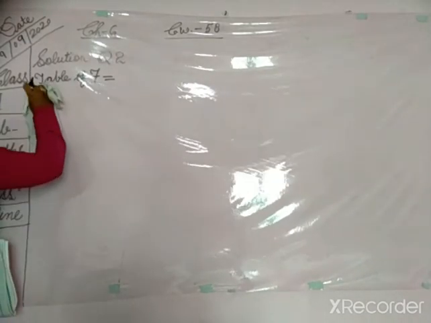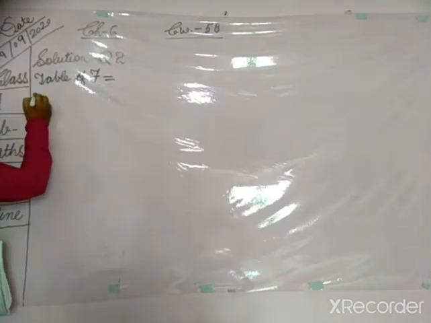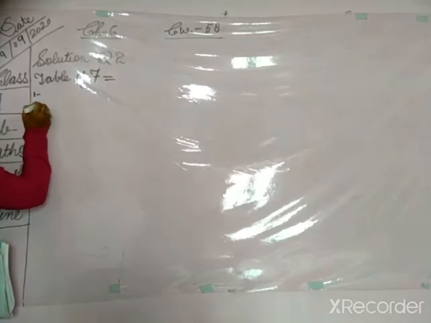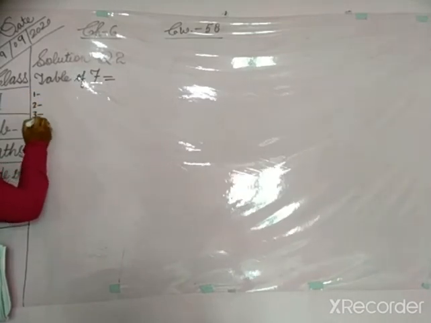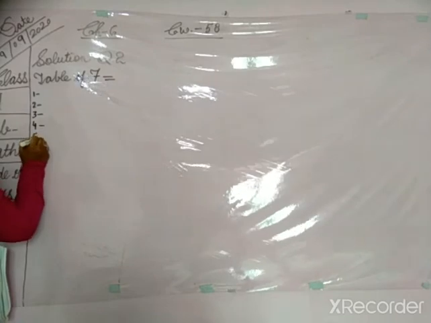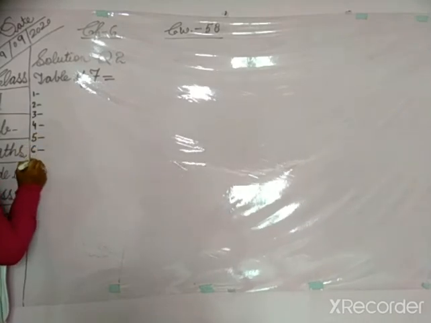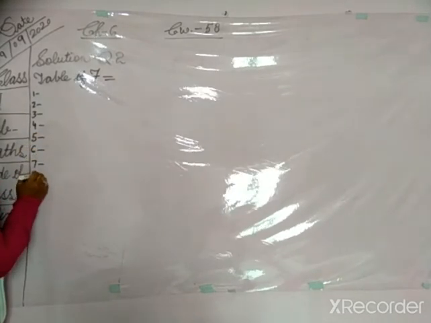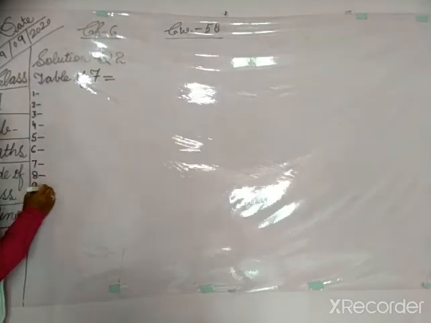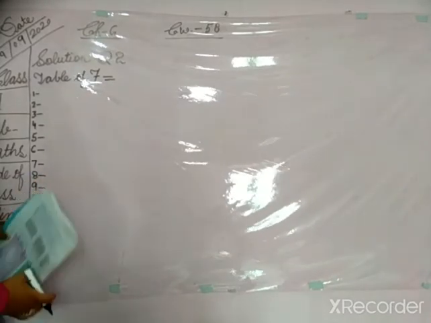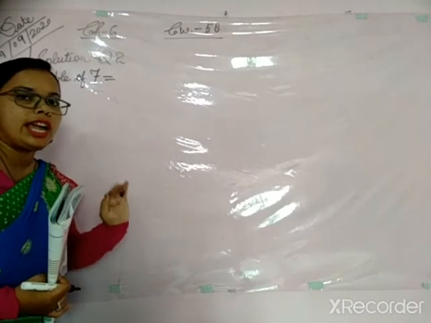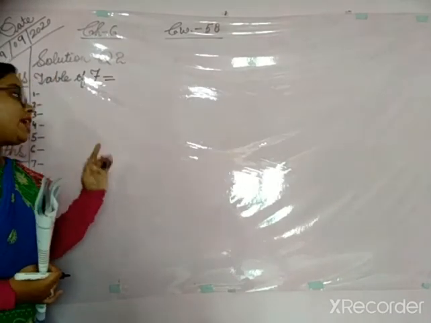Okay? And you can write here, first of all write 1 2 3, so that it will be clear how many times you are writing. 1 2 3 4 5 6 7 8 9 10. I wrote the counting so that you must be very careful how to write and how much table you have to write.